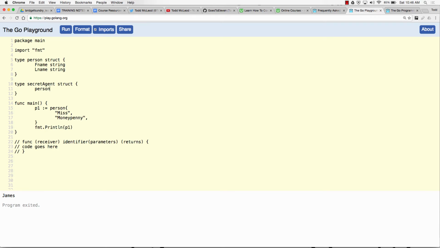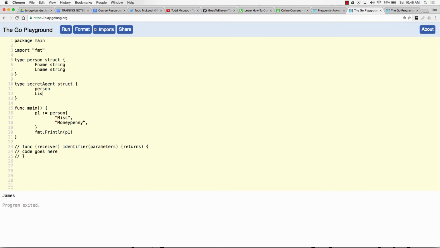So I'm embedding one type in another. That becomes the inner type. There is inner type promotion. So everything that a person is gets promoted to the secret agent level. If there's a collision from identifiers, you could use dot notation to drill down to that specific whatever you want it to be. So now license to kill is also something that every secret agent may or may not have, depending upon whether or not it's been revoked.